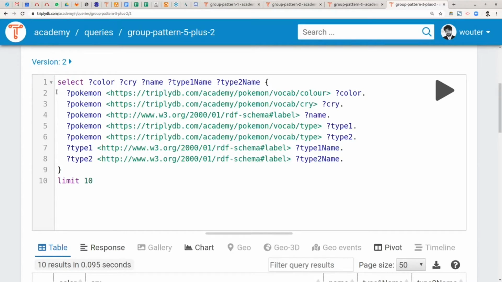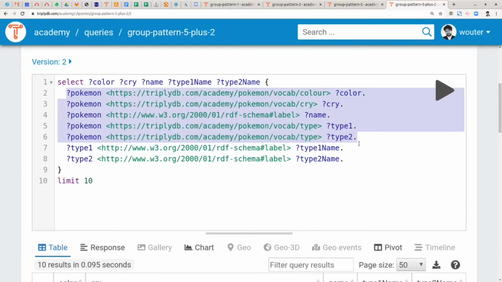So what we saw in the previous query is that we had 5 triple patterns. It's exactly these 5 triple patterns. But they were all about the same Pokemon node. They all had the same Pokemon variable in their subject position. And we also learned that this is very important because that means that you can actually perform a join on that Pokemon node, and that guarantees that all the other variables will be about the same Pokemon. But in this query, what we add to that is 2 additional triple patterns that are not about the Pokemon, but that are about type 1 and type 2. So you can see type 1 over here